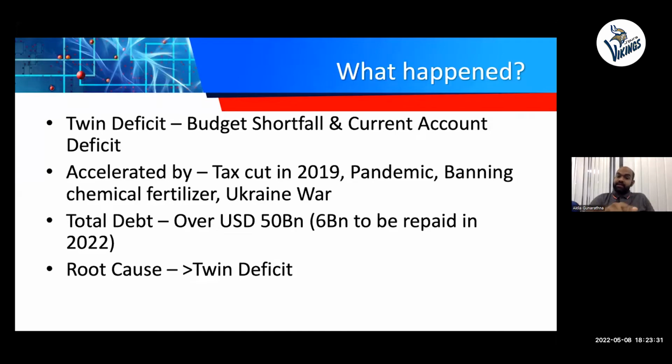One reason is a tax cut in 2019. They reduced most of the taxes. Immediately, as the general public, we feel that when there's a tax cut, it's better for us. But as a government, as a country, looking at the macroeconomic situation, it is not so good. We had a tax cut and most people enjoyed it, but